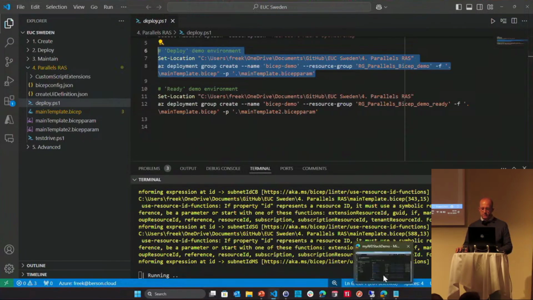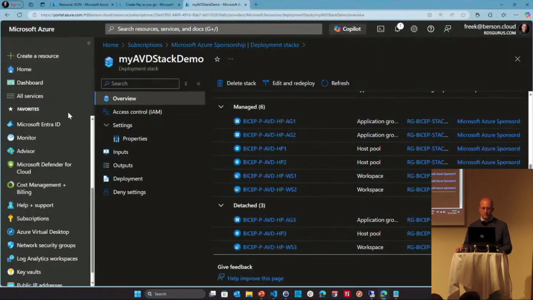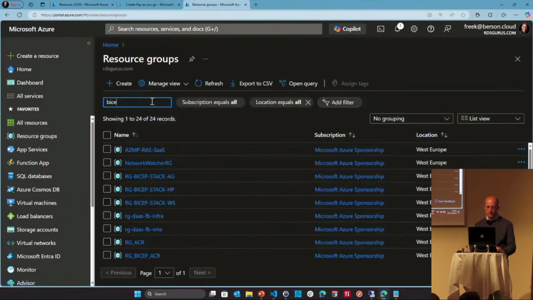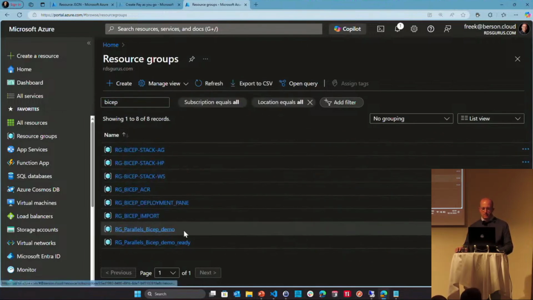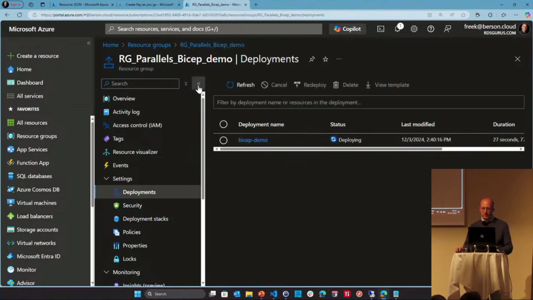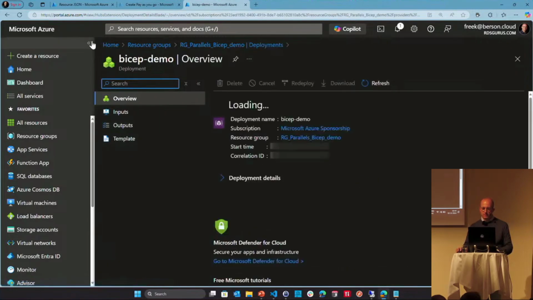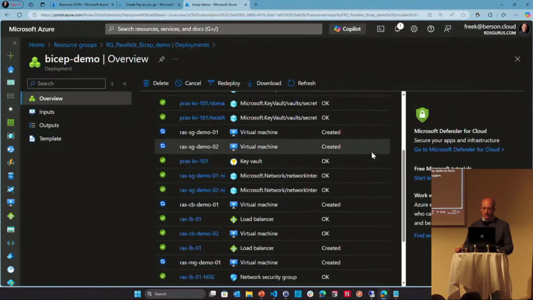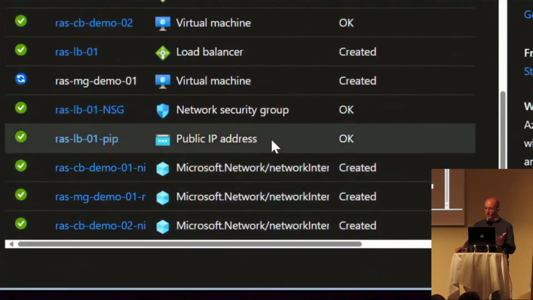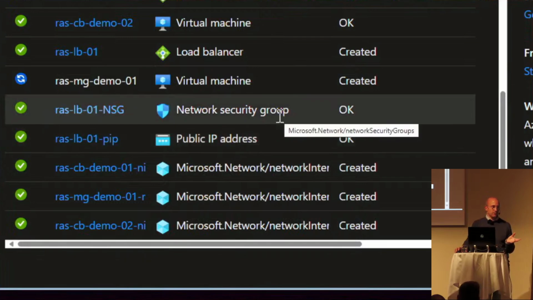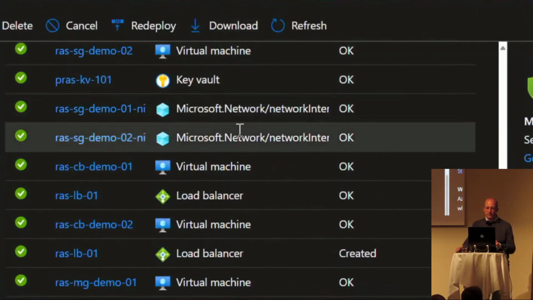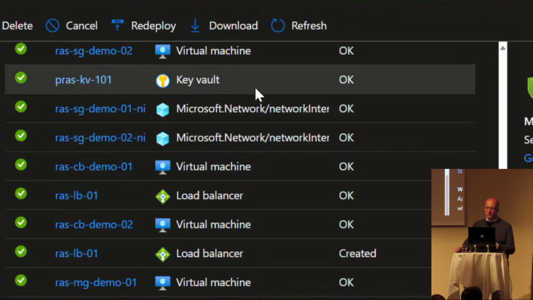So let's quickly switch to Azure Portal to already hopefully see some results there. And let's go into the resource group that I defined it to deploy in, which is this one right here. We can see that there is an active deployment. And if we open up this deployment, it's been running for just 27 seconds, but it has already deployed all of these resources for us. So network adapters, a public IP address for our load balancer, a network security group with all of the rules predefined in it, virtual machines, Azure load balancers, an Azure Key Vault to store all of the credentials in a secure way,